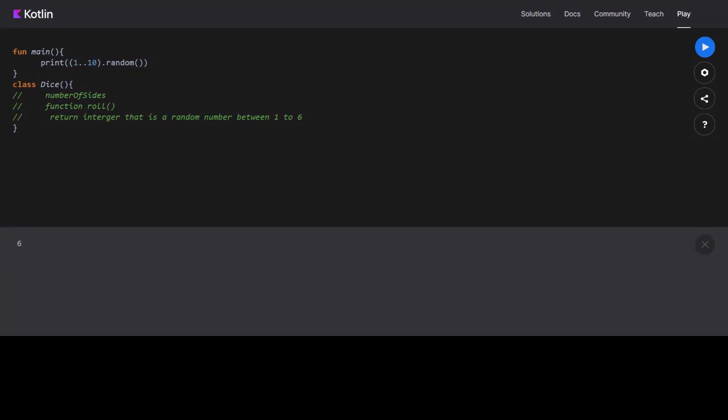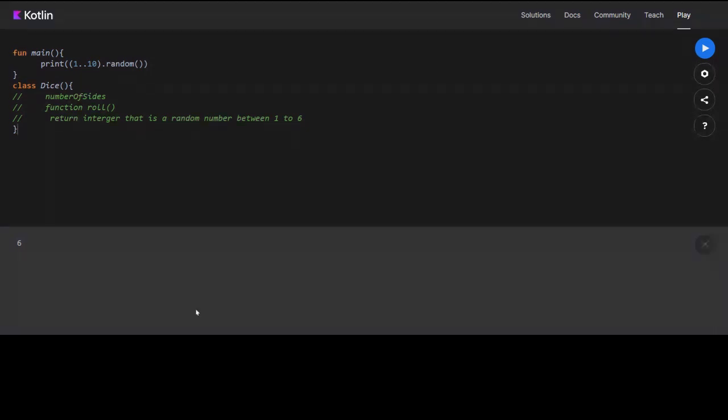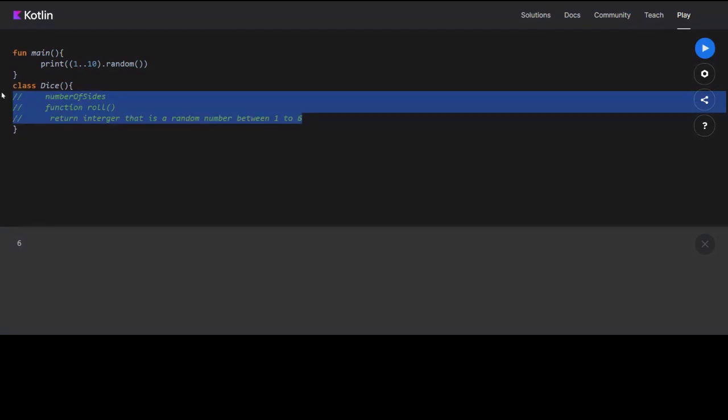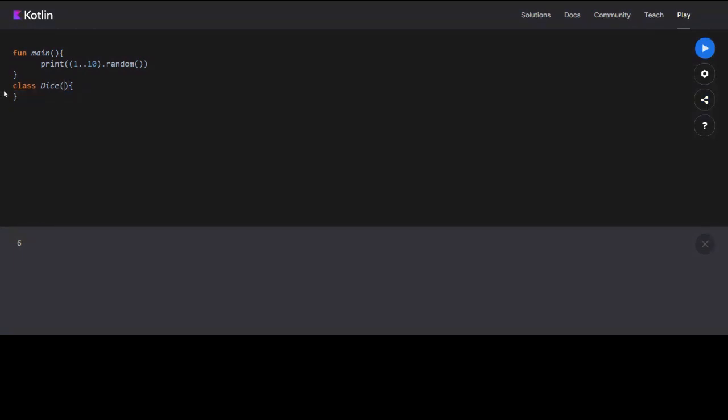Now we can just try it out, if everyone has attempted the problem. The first thing that we need to do is create a class Dice, and we need a property, let's say sides.